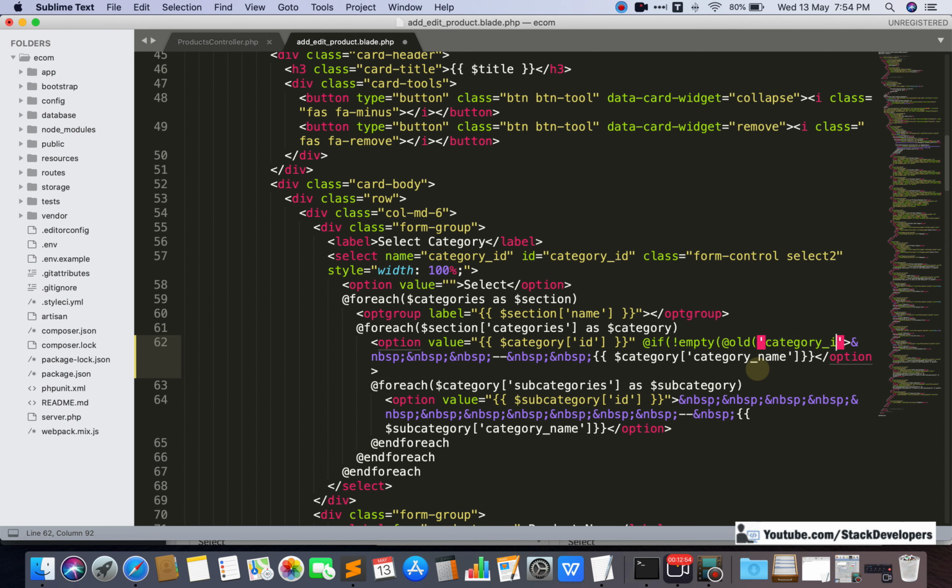If old category ID is not empty, and old category ID is matching with the category ID that is coming up here, dollar category ID, equal to old category ID, like this, then we are going to select it.